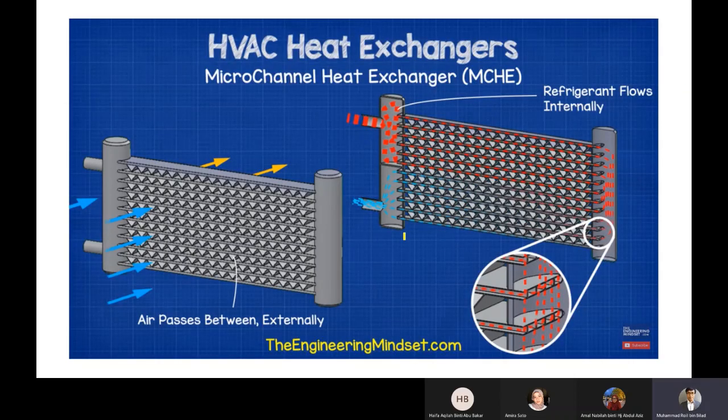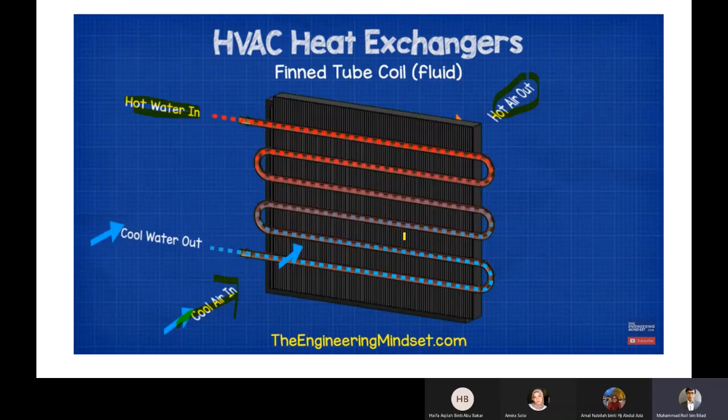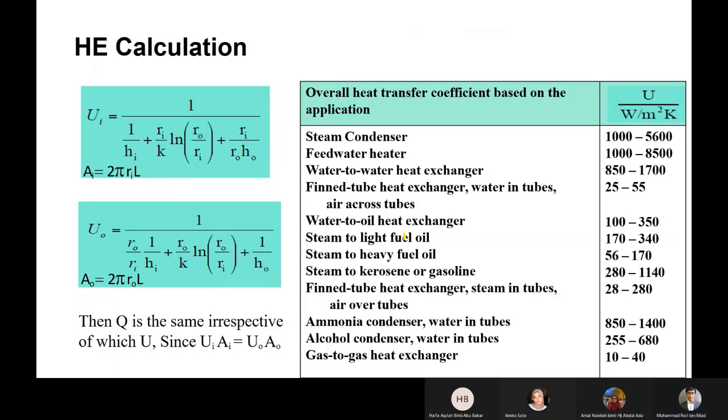So we have three types of heat exchanger, and we will focus more on the cross flow heat exchanger, the last part. Next is the calculation. Heat exchanger calculation. I'll go back to this one later on, but this is the concept. We have the term U here, called the overall heat transfer coefficient. It is a function of